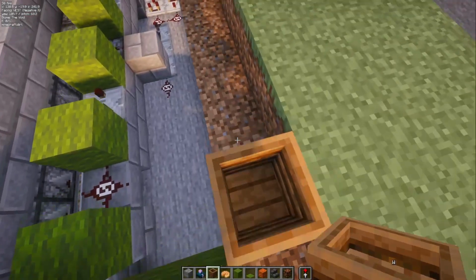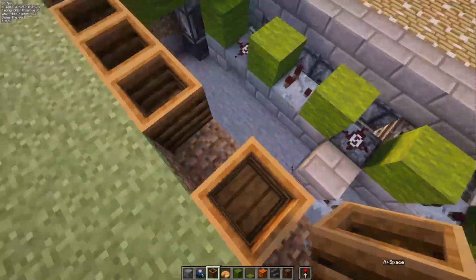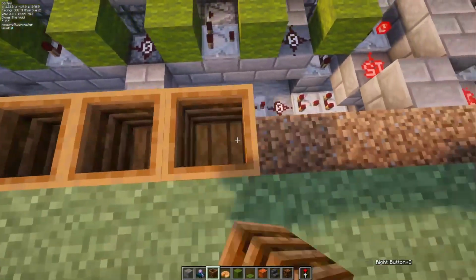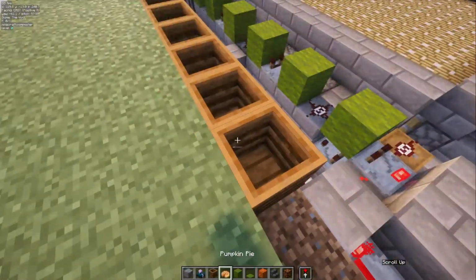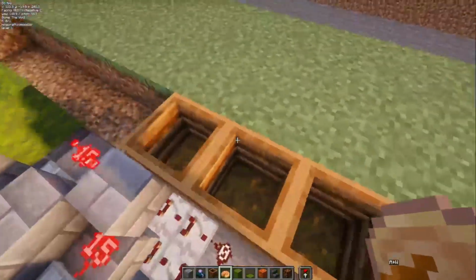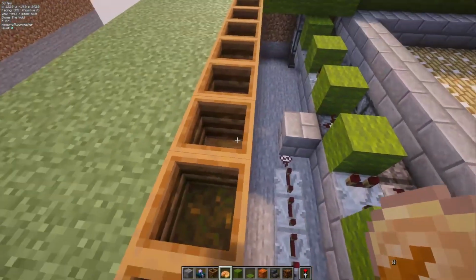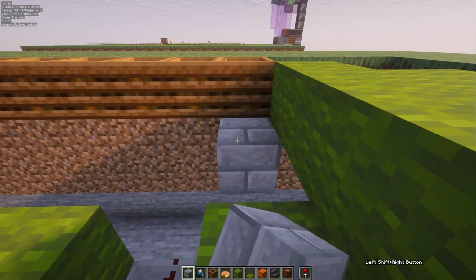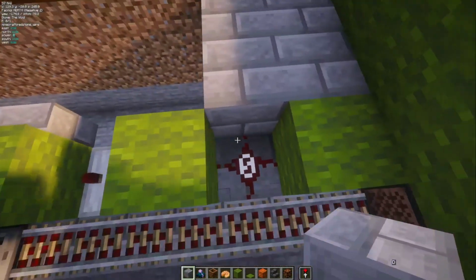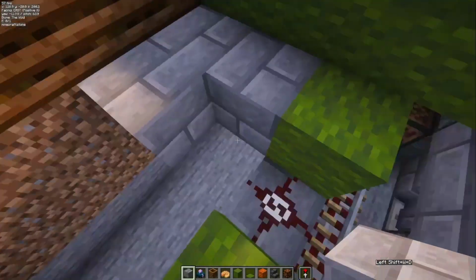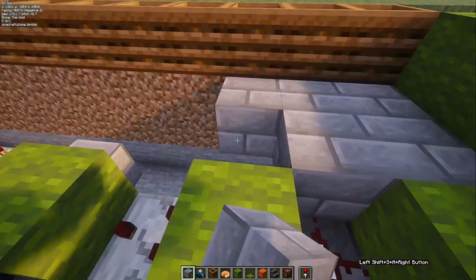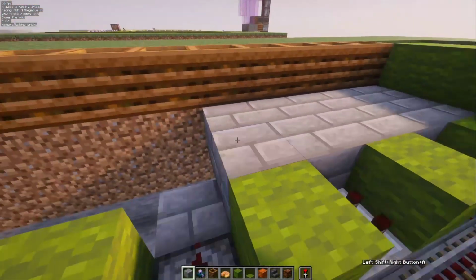Now we're gonna place our other composters in this line. We're gonna grab your composters and place the next, I think there are 11 up to this point. Then you're gonna grab some pumpkin pies and you're gonna yet again put them to a level of 2. Then you're gonna grab some blocks and place them like this on this side. And this time we don't have to worry about the slabs because there's nothing underneath, so they're not triggering anything else. So you can fill the whole thing just using normal blocks